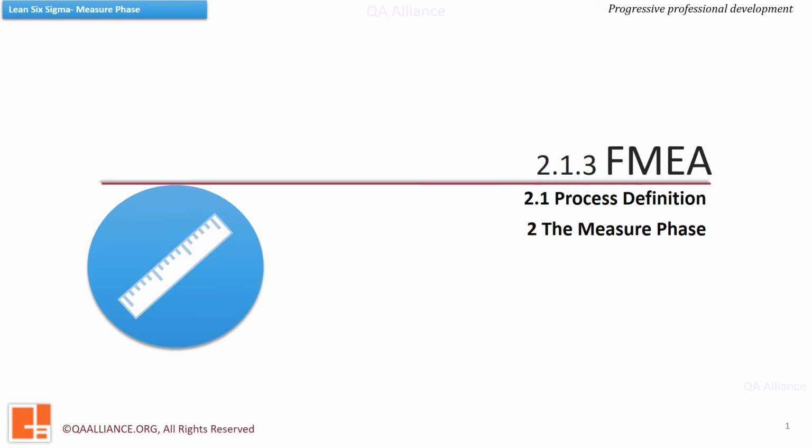FMEA helps us in managing risks by classifying the process inputs and monitoring their effects. This is extremely important during a project. We do prioritization of X's using XY diagram. FMEA further helps in analyzing critical X's and in identifying the potential ways in which a process may fail to